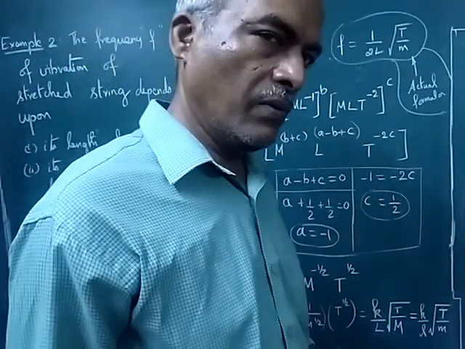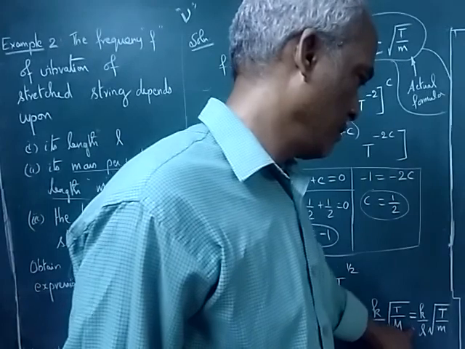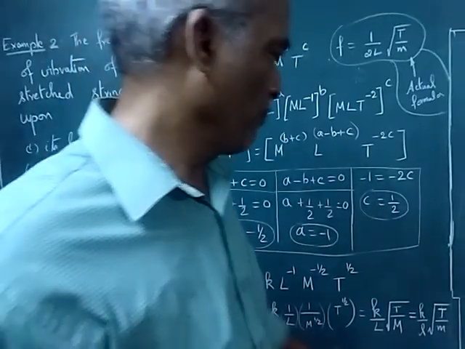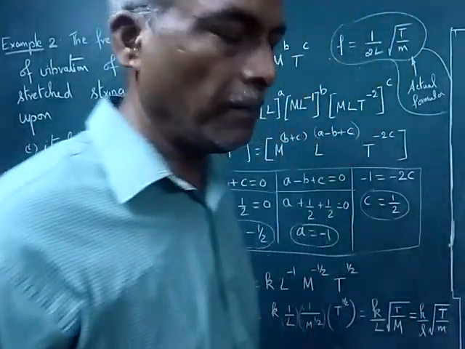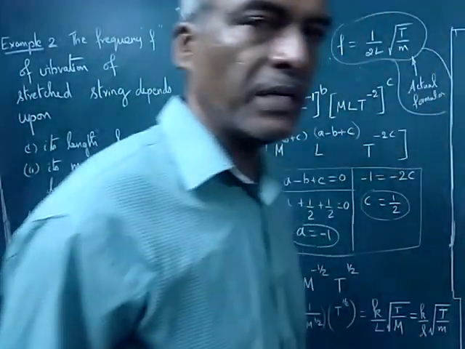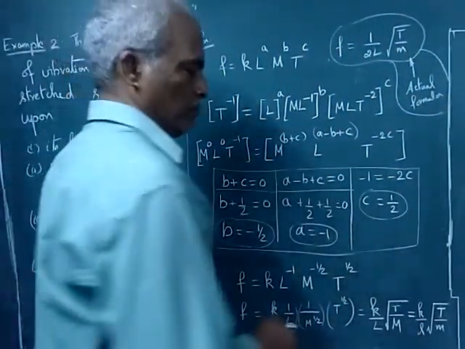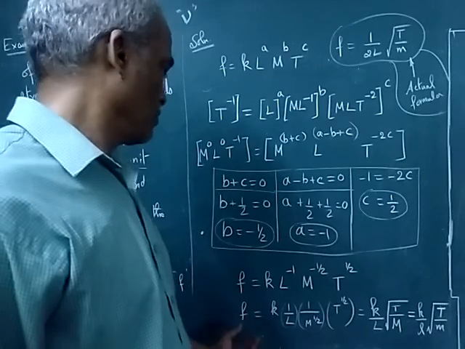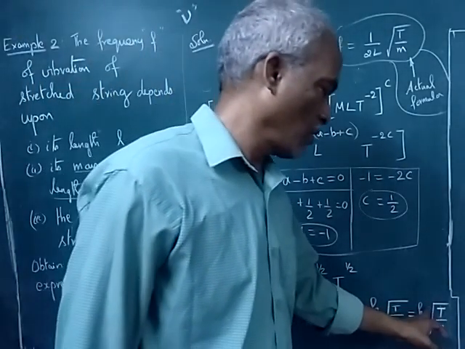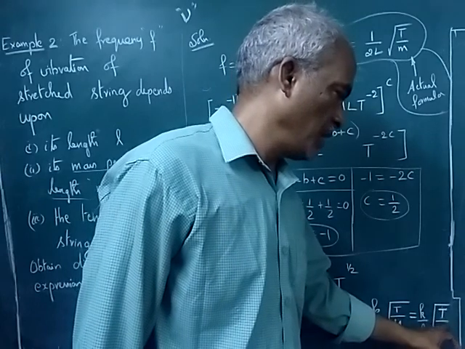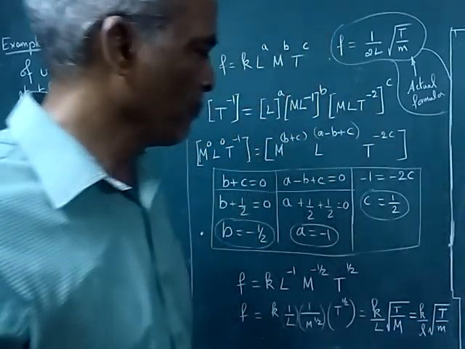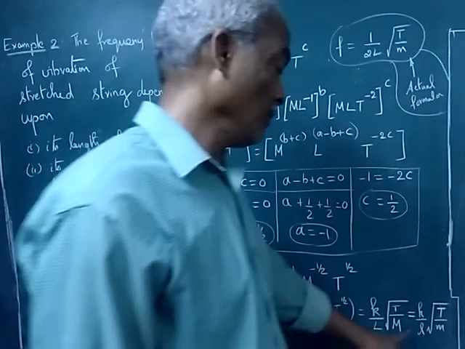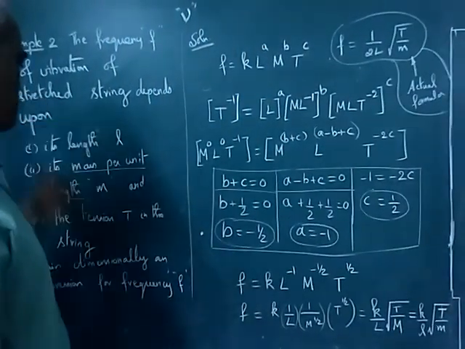Now we will convert into our basic letters, that is k divided by L. Length is small letter L, square root of T, where T means tension, divided by small m, which means mass per unit length. So what is the frequency? Frequency of the vibrating string, we got the answer as k constant divided by L root of T divided by m, where T is the tension of the string, m is the mass per unit length of the string, and L is the length of the string.